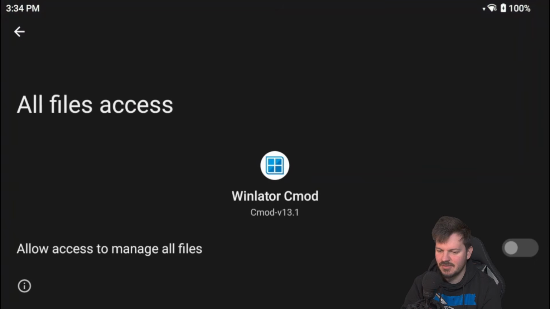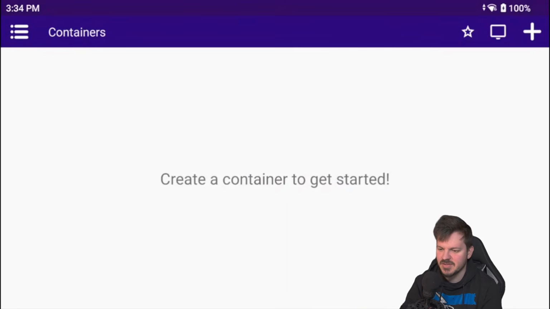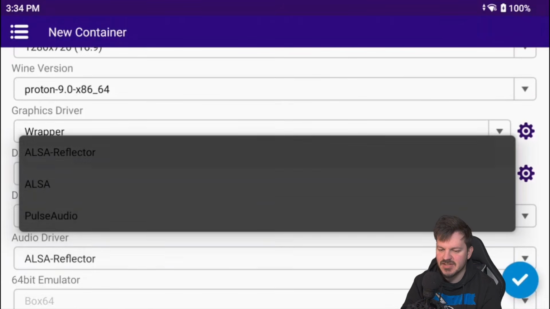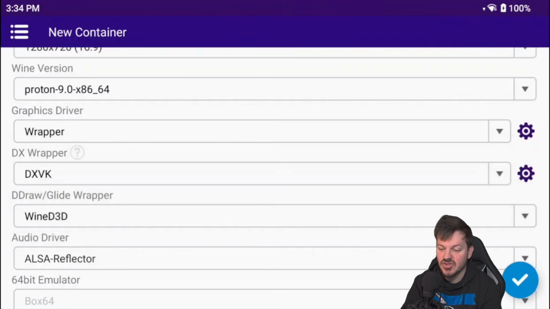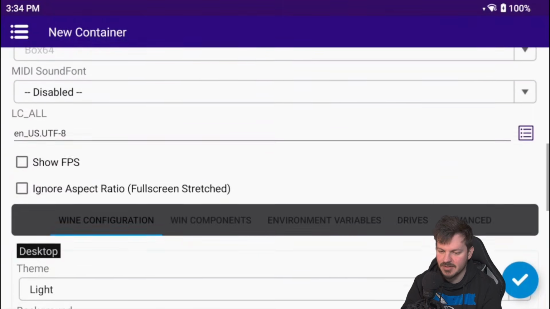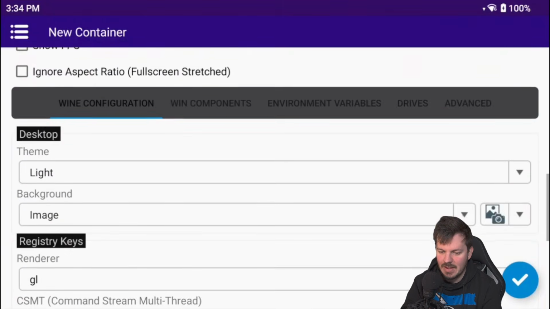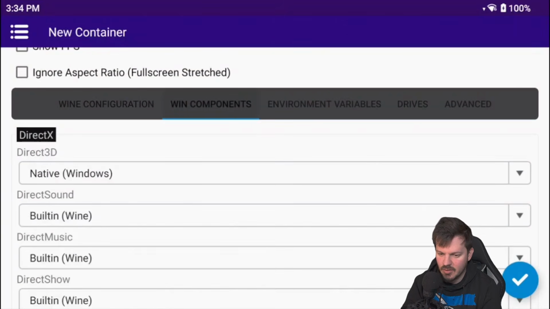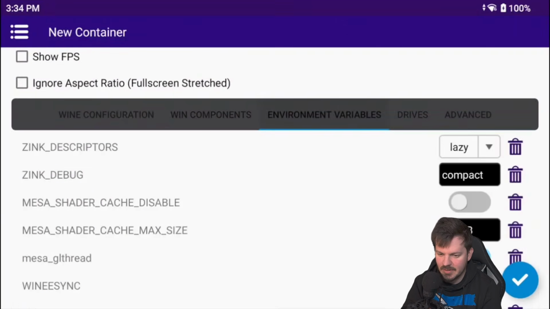Okay, so we're going to grant all the necessary permissions as well. So we need to make a container. I'm going to press the little plus button in the top. I'm going to leave all this as the default because it's not a container to actually run a game. It's just to run the installation. However, what I am going to do is come down here and go to our